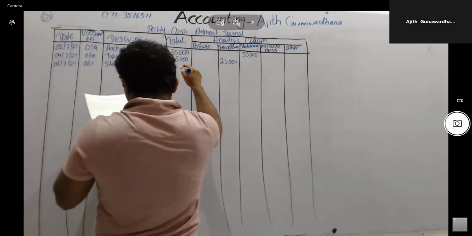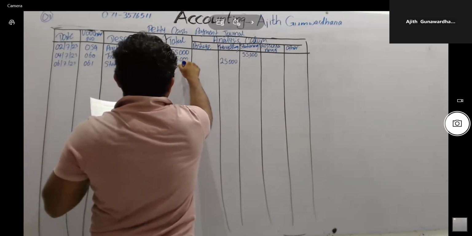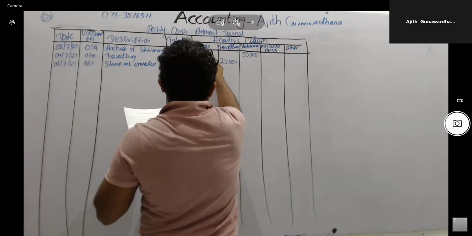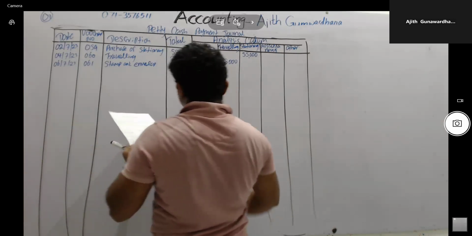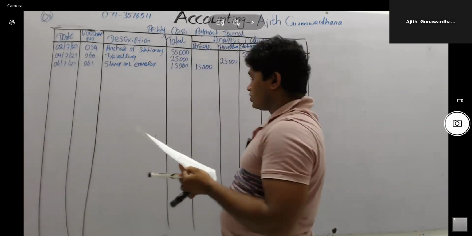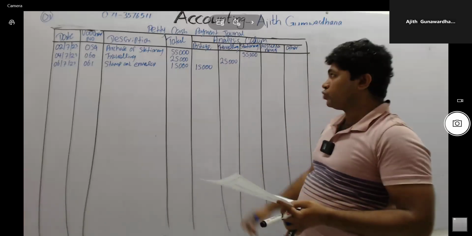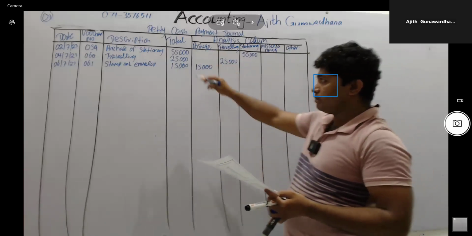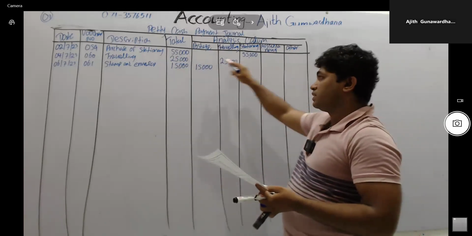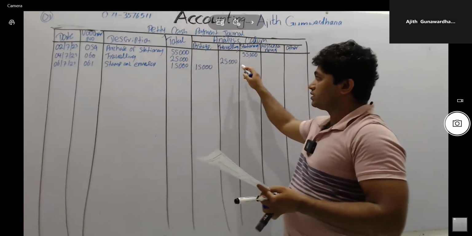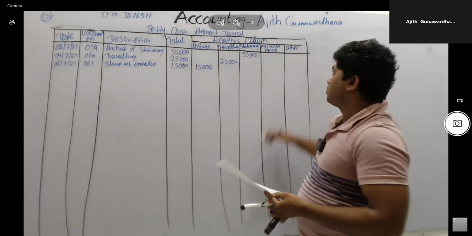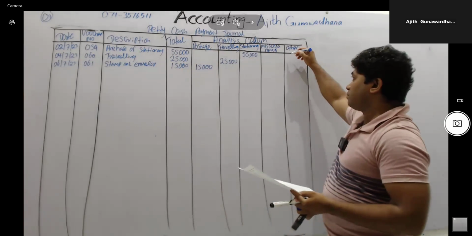It has given value 15,000. Therefore, it should be recorded in the postage column. If there are more of the same type of expense, you have to prepare a separate column for that. First one, purchase stationery, traveling expenses, and stamp as well as envelope. But other columns should be recorded if it is given payment for creditors.